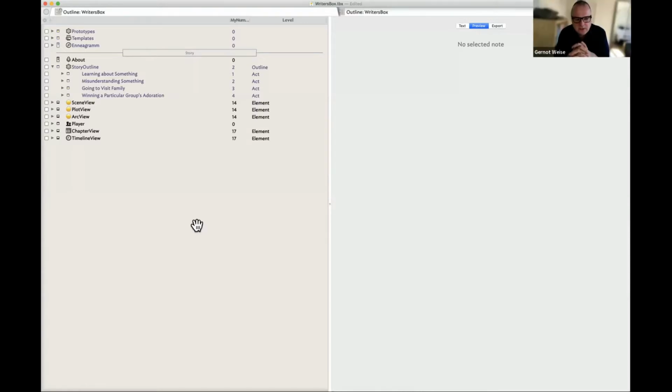Okay. I started with Tinderbox in version 6 years ago, maybe, and I was trying to migrate my Zettelkasten, a slip box of many notes. It has about 7,000 notes today, which I've been collecting for more than 20 years.